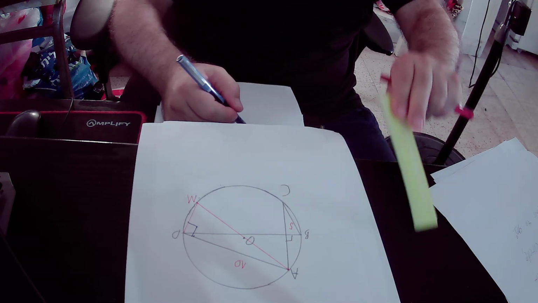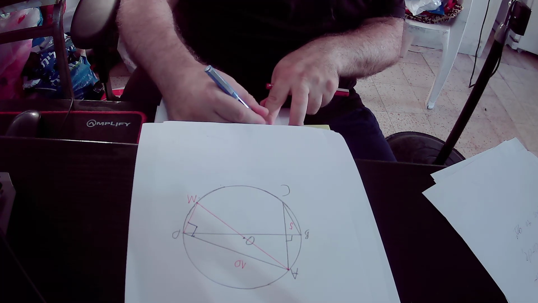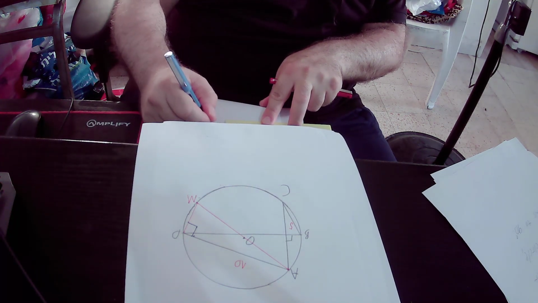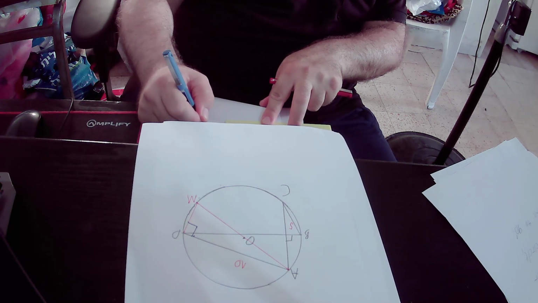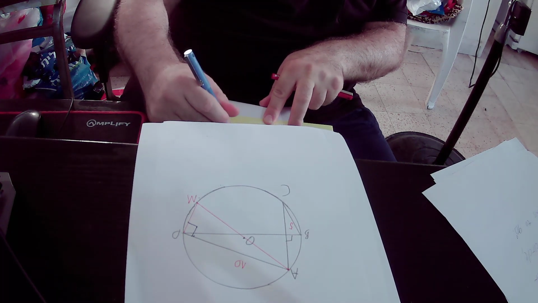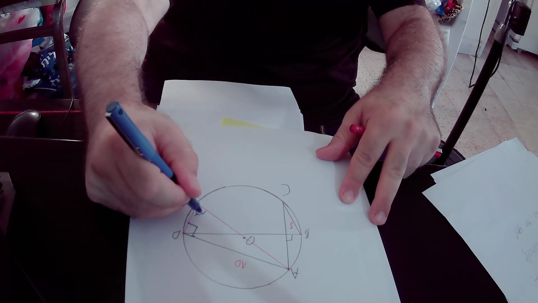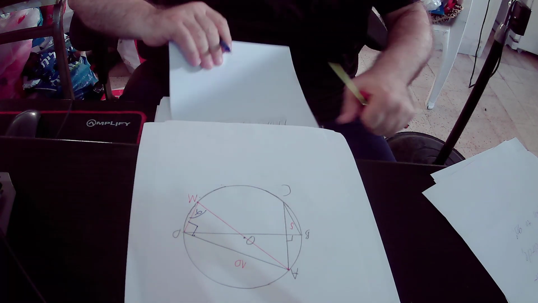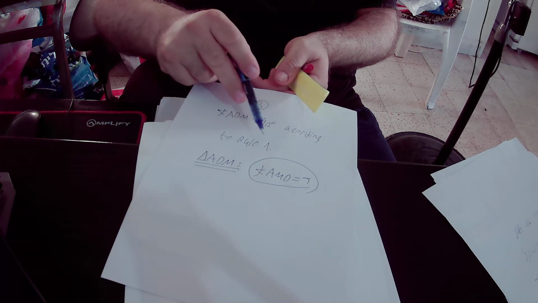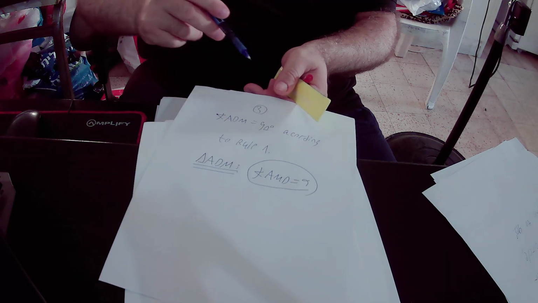Angle AMD equals alpha according to our definition. Okay, according to our definition, angle AMD in the right triangle ADM equals alpha,